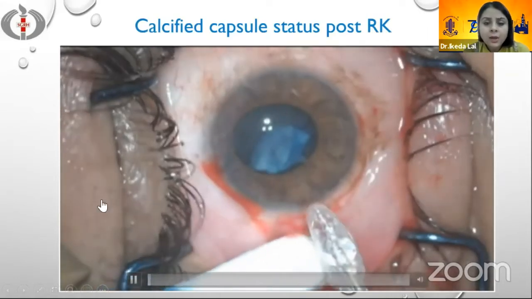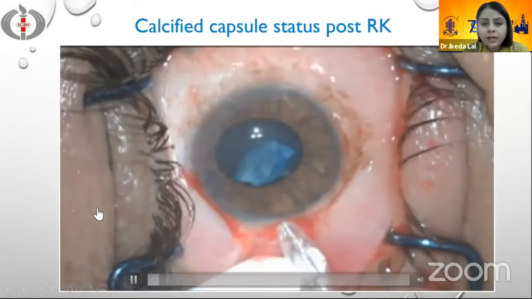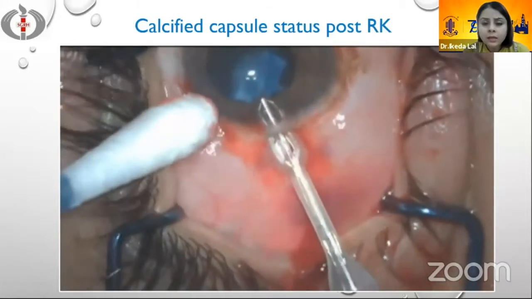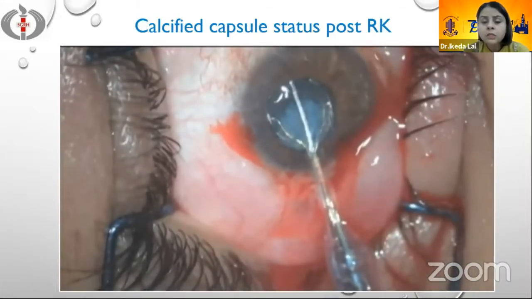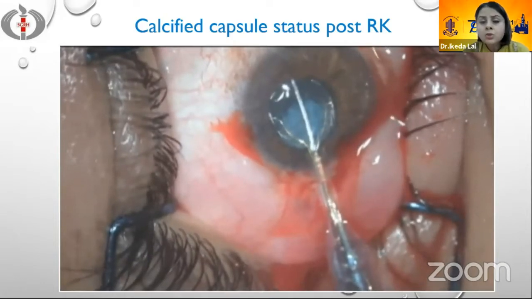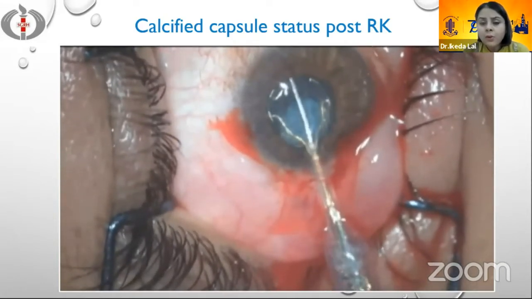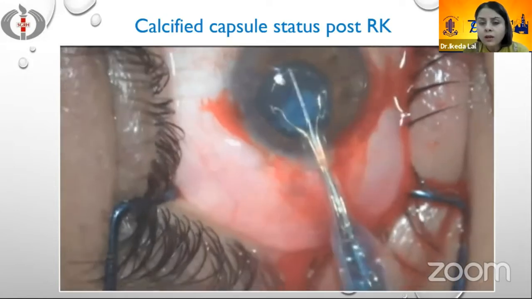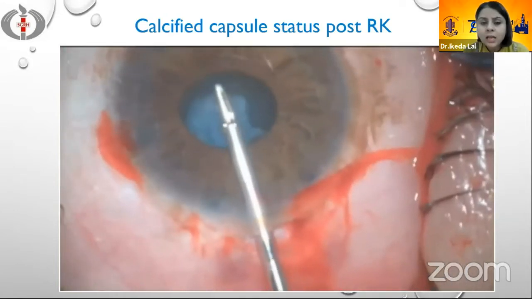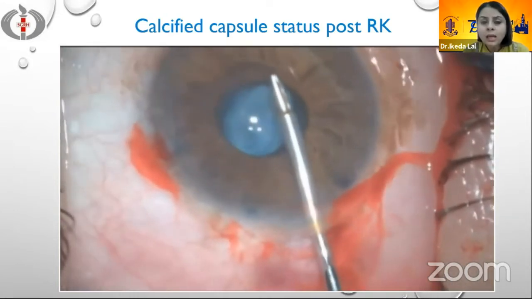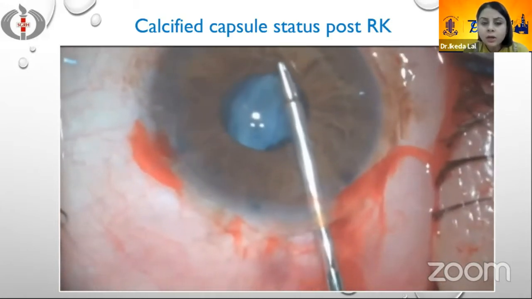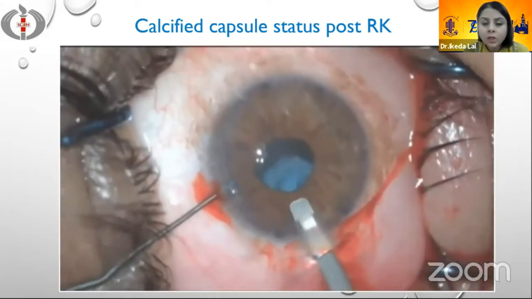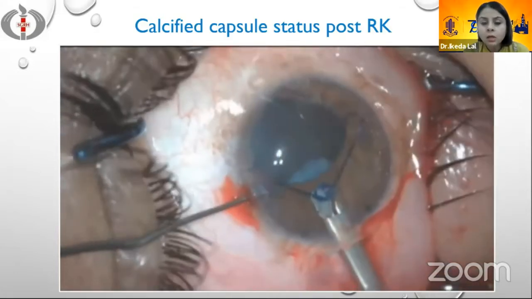This is a case where we have a very calcified anterior capsule, a complicated cataract post-RK. So our incision is a little limbal, with a small pupil as we can see. So it is very, very difficult to do a manual rhexis. So we thought we will go ahead with the Zepto capsulotomy device. And this fibrotic plaque actually remains uncut even with the Zepto, although the Zepto has managed to cut everywhere else, but this fibrotic plaque has not been cut very well.